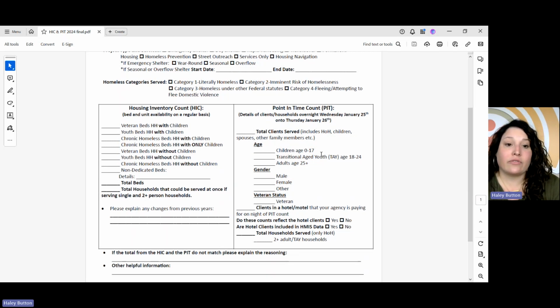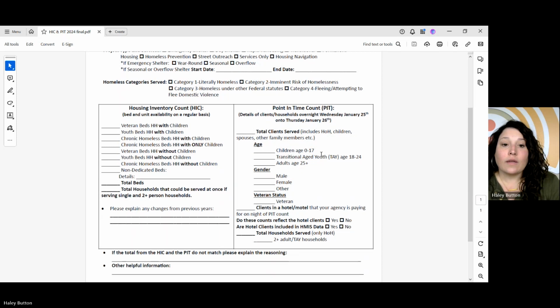And there is a space there for details if you want to include anything that you feel could be helpful for us. All of your numbers of your beds should add up to what the total bed line indicates. And then we also have households in case you can serve families only,